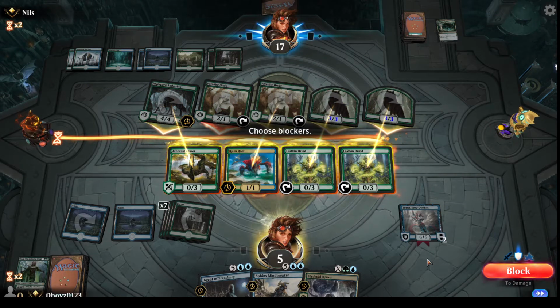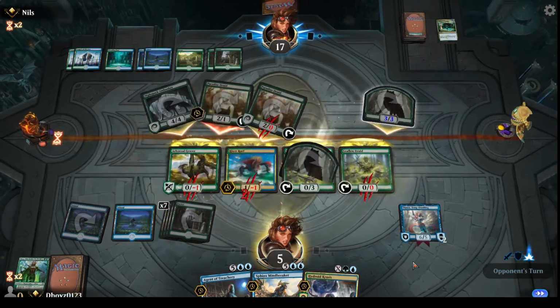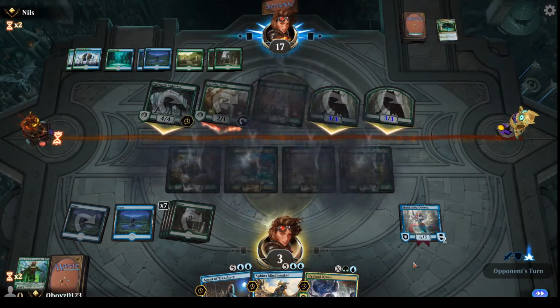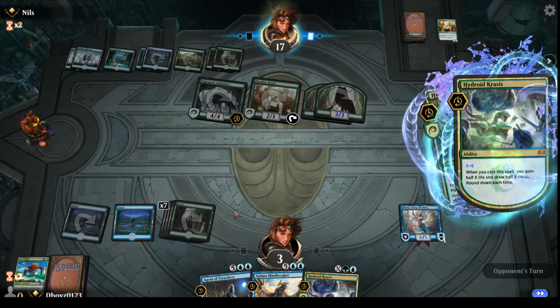And then he's going to jive in with, let's see, 1, 2... He's going to slide in for 2. So we'll be down to 3 life. This is going to be rough. I'm just showing you what our deck's... Yeah, so...